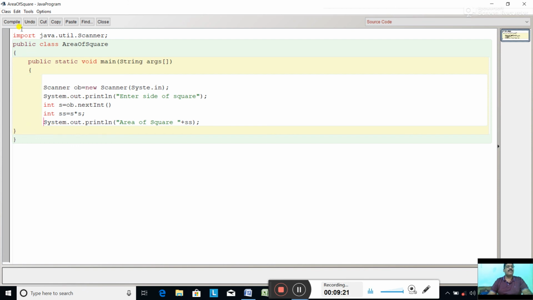Now compile the program. Semicolon is missing. Type the semicolon. See, such mistakes and errors come when you type the program wrong. So we got some idea. Now System, the m, and System.in. Compile, no syntax error. Like this we have to compile the programs. If you find any mistakes, a message comes; take care of that message and remove that error and the program will compile. So no syntax error. Close.